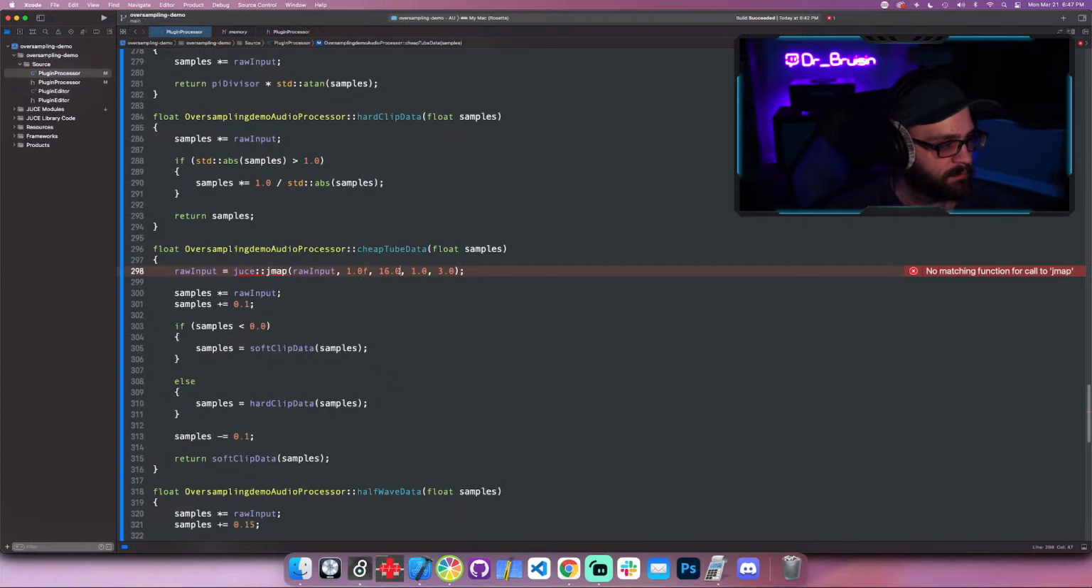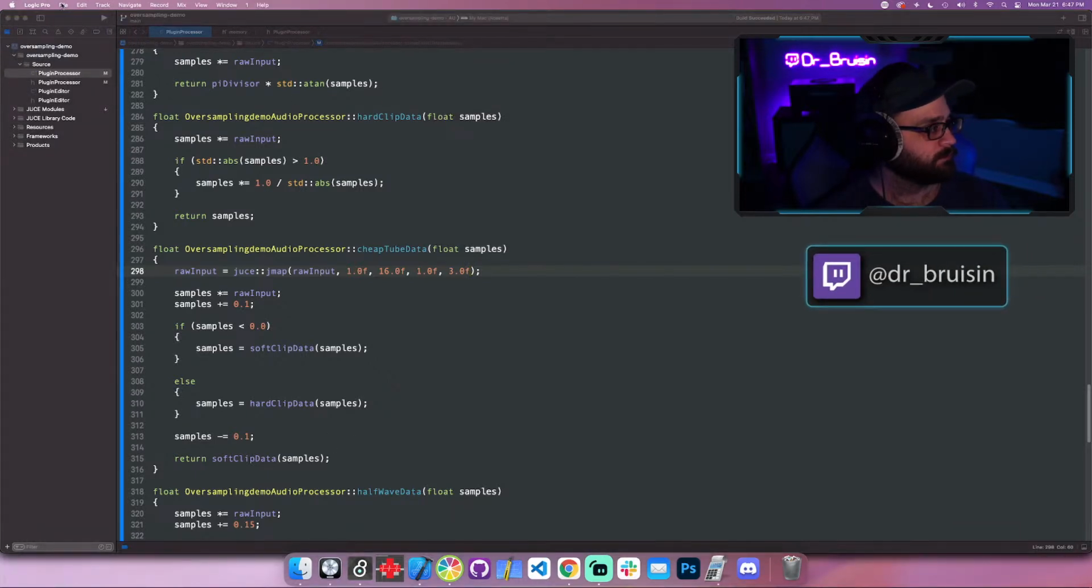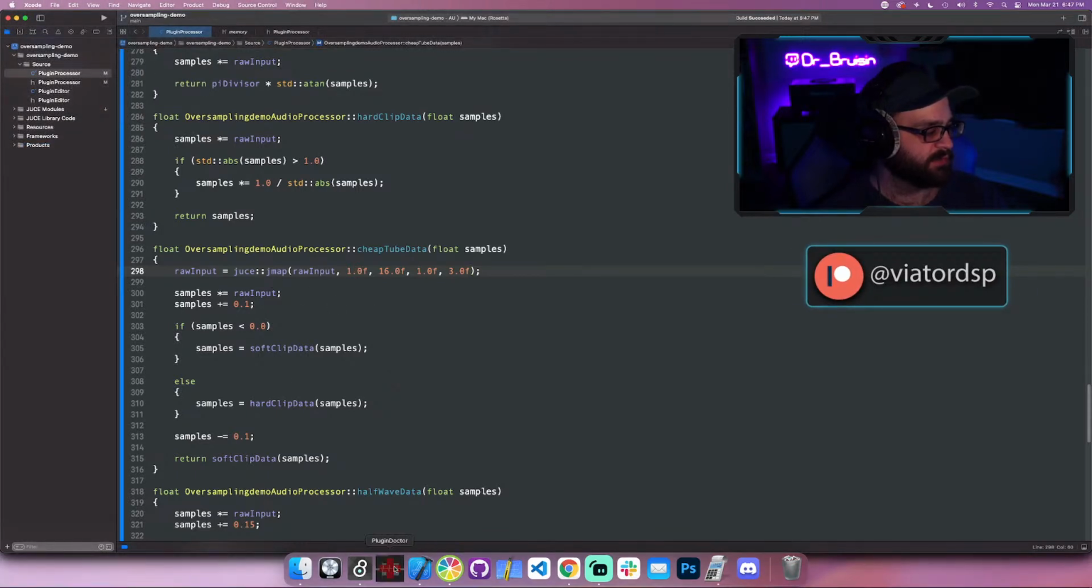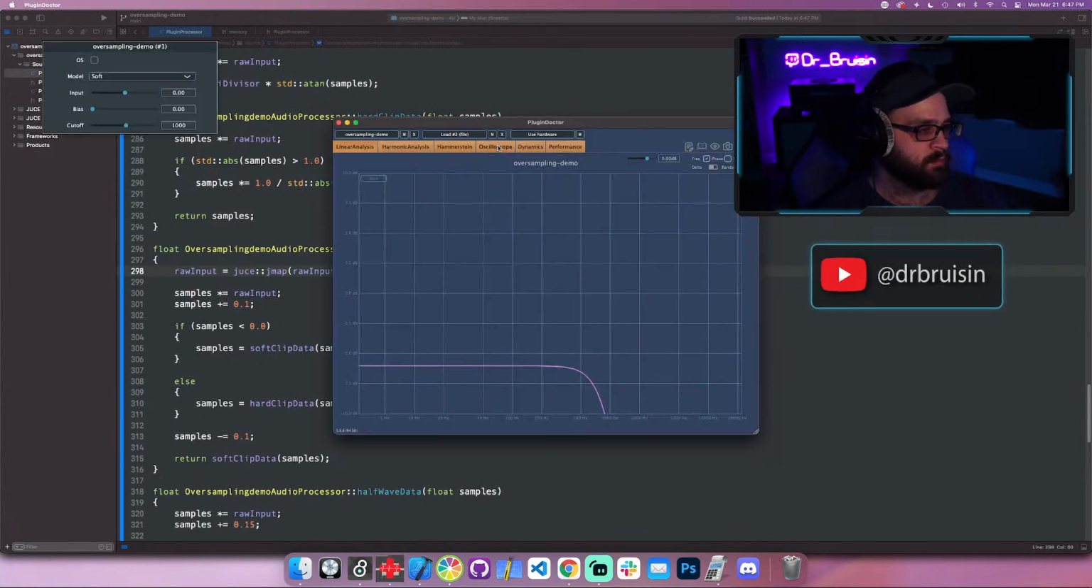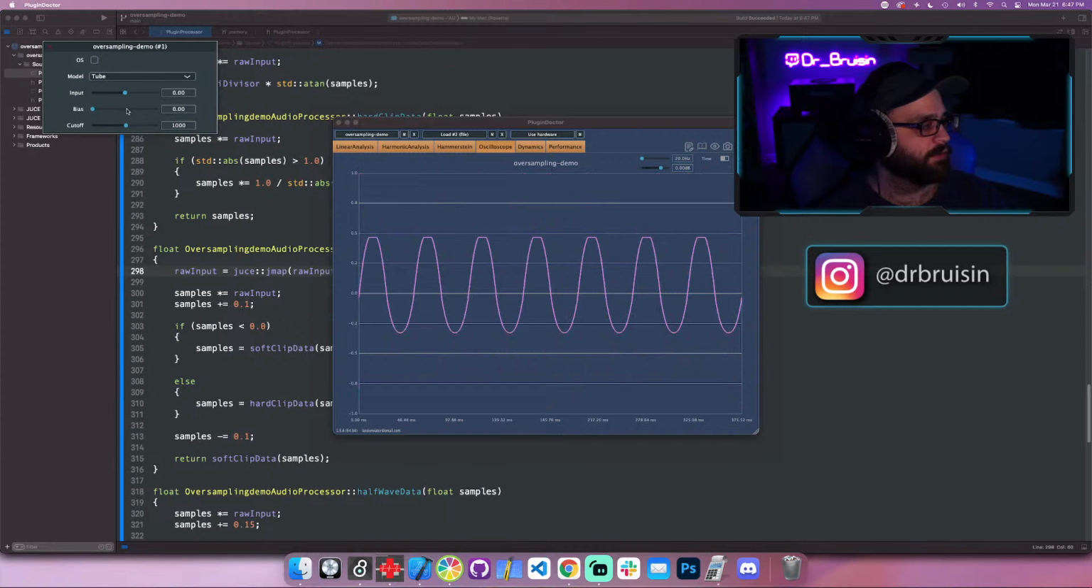These need Fs, because jmap explicitly wants floats for some reason. All right, let's check it out in Logic. Or actually, before we go to Logic, I want to make sure that this logic is working. So let's go to Plugin Doctor. And we should be able to see that on soft, we have the same amount of gain. On hard, we have the same amount of gain. On tube,